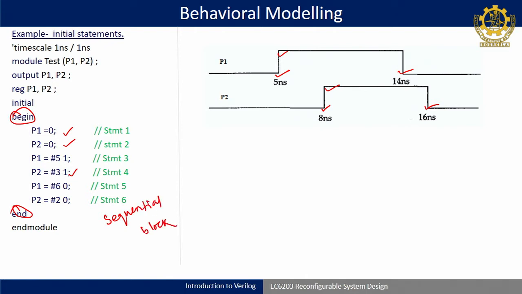Similarly, a few people asked yesterday that if I want a specific time interval, like after 5, I do not want 3 to be added, I want P2 to change its input at 3 time units itself, then in place of a sequential block we have another thing called a parallel block, that we will see in detail in the behavioral level modeling class. That block uses a syntax called fork and join, and when we use fork and join, all the statements in that block will act in parallel.